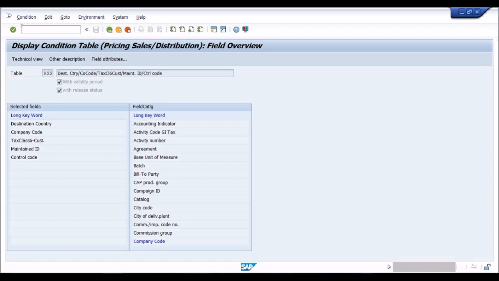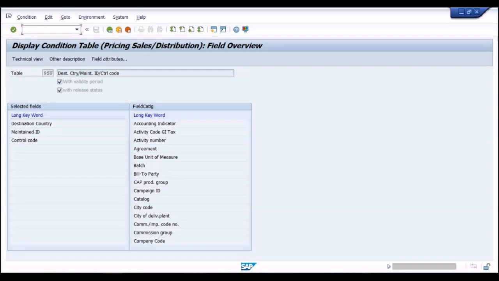As you can see, condition table 1 with the key fields destination country, company code, customer tax classification field for which the TCS condition type was assigned, maintained ID and control code.